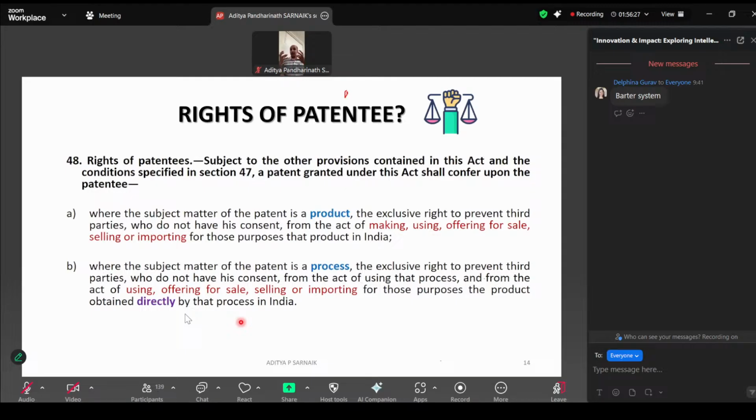But a complete explanation should be given in the complete patent, which comes after 12 months from the date of filing the provisional patent. So you need not have that particular machine working, but you should show the industrial applicability of that particular machine within 12 months,